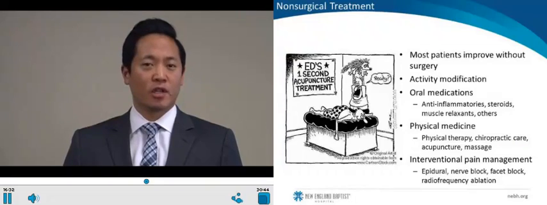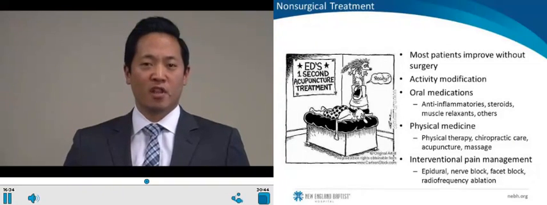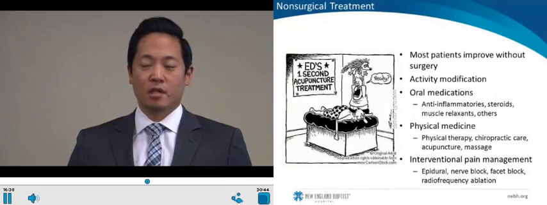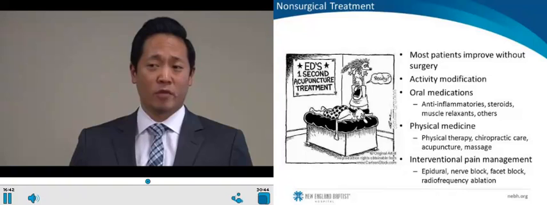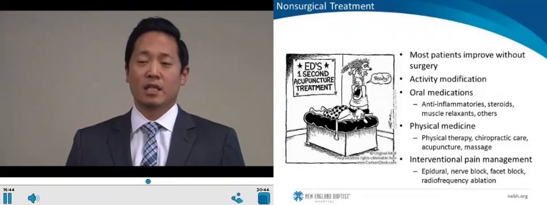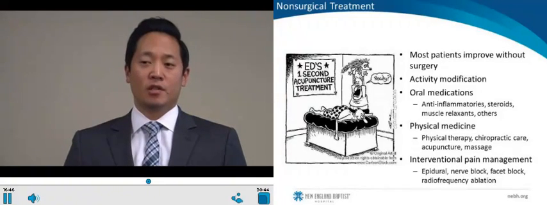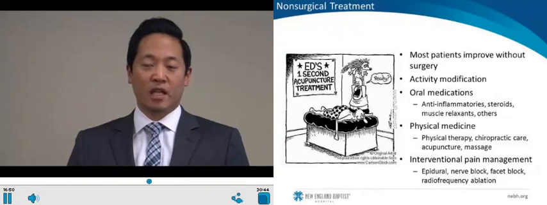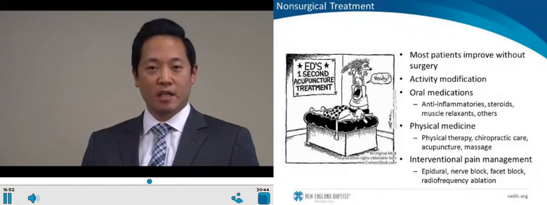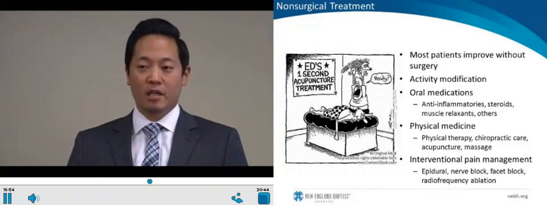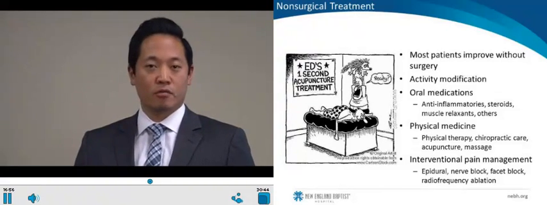Well, prior to any surgical intervention, for the most part, patients with adult degenerative lumbar conditions should undergo considerable conservative or non-surgical management prior to consideration of surgery. These fall into a few categories of treatment. These begin with activity modification, medications, which can include steroids or pain medication, physical medicine, which may in fact be